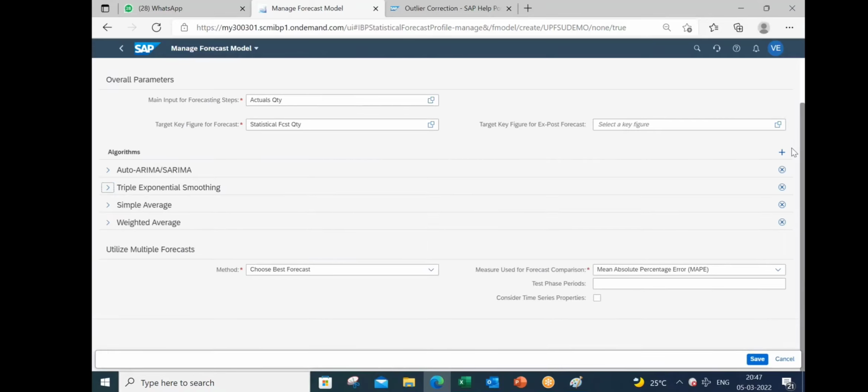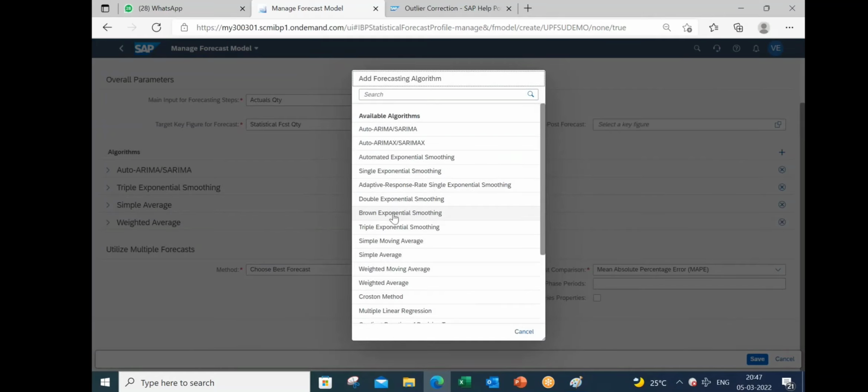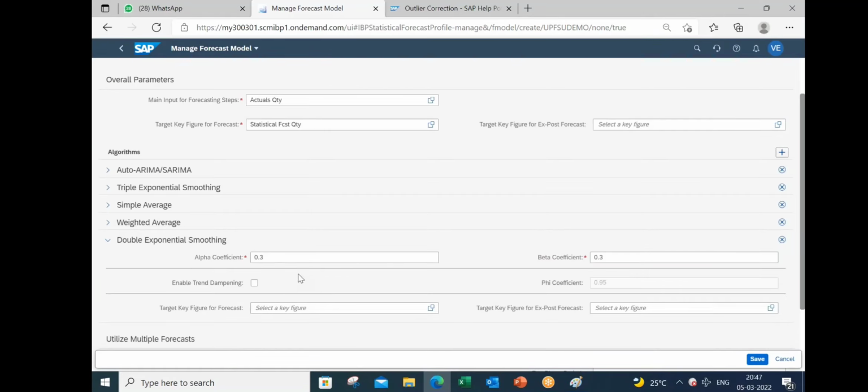Similarly, you can select double exponential smoothing. In double exponential smoothing, you don't have gamma, you saw, because double exponential smoothing is only for trend. In trend, you have beta. Trend is for beta, right? So for double exponential, I told you, alpha is common for everything. Alpha, and here you have beta. So you just need to give alpha, beta, and the key figure for storing the statistical forecast